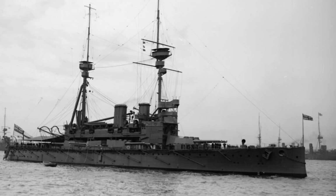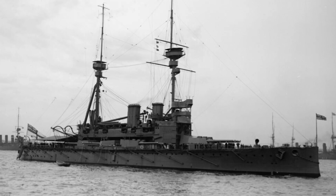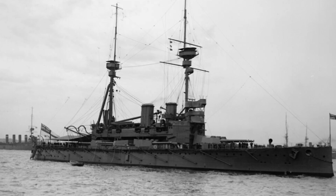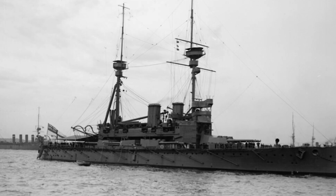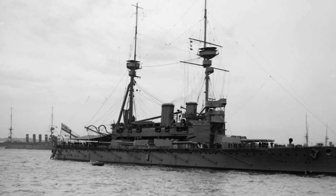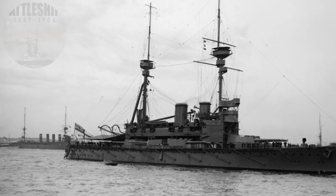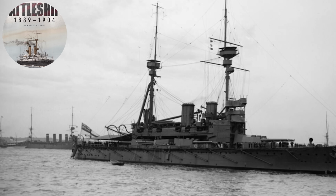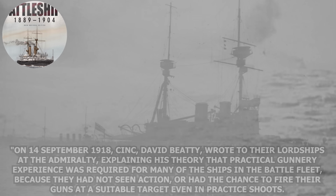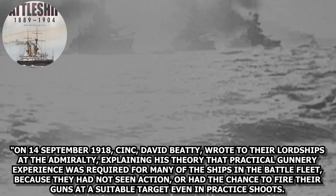Next on our list is HMS Agamemnon, a pre-dreadnought battleship from the United Kingdom, one of the last pre-dreadnoughts built actually. Nevertheless, the United Kingdom was looking for a suitable target ship, particularly the Commander-in-Chief of the Grand Fleet in September 1918, Admiral David Beatty, where R.A. Burt in his book British Battleships 1889 to 1904 writes, "On September 14, 1918, C&C David Beatty wrote to their